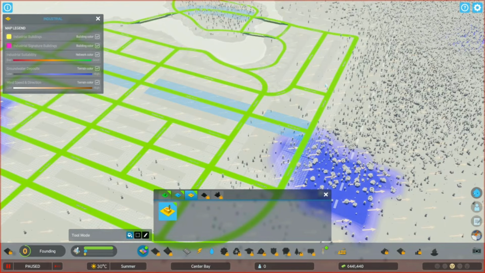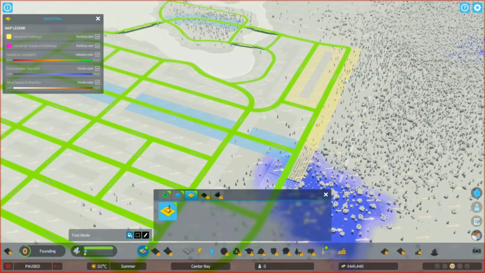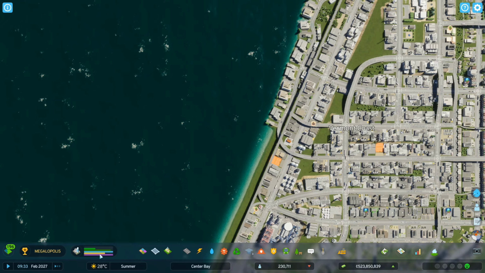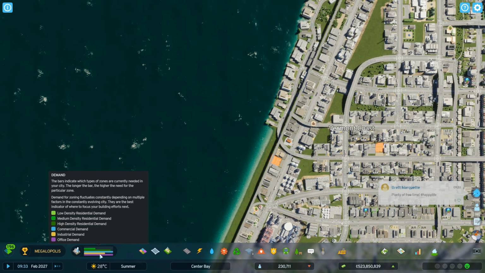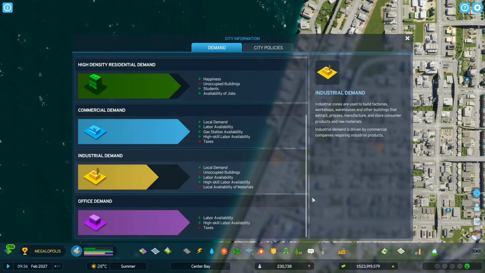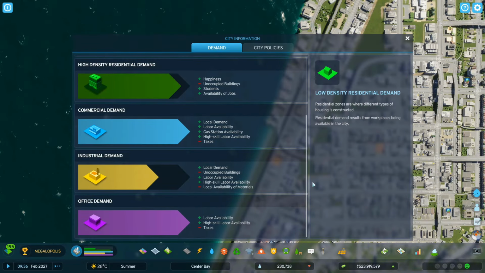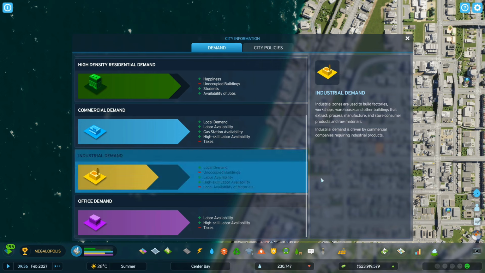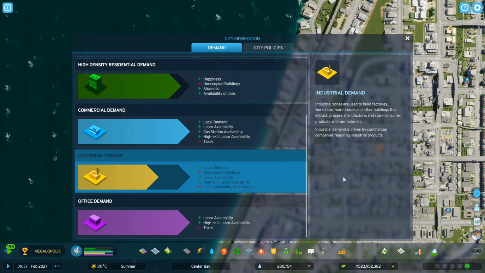So then, when can you zone new industrial areas? If you are planning on going heavy on manufacturing, surely you want to zone new industrial areas whenever you can. First, you need to have enough industrial demand in the bar below. Without the demand bar, even if you zone new areas, they won't build anything in it. But the demand bar alone is not enough. You also need to make sure that there is enough labor force to be employed. Otherwise, your factories will complain about lack of workers and not function well, or not function at all.